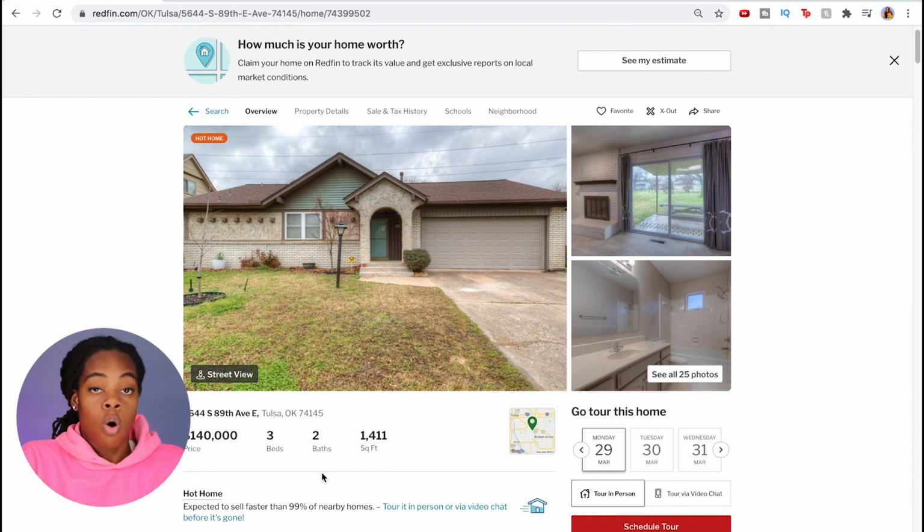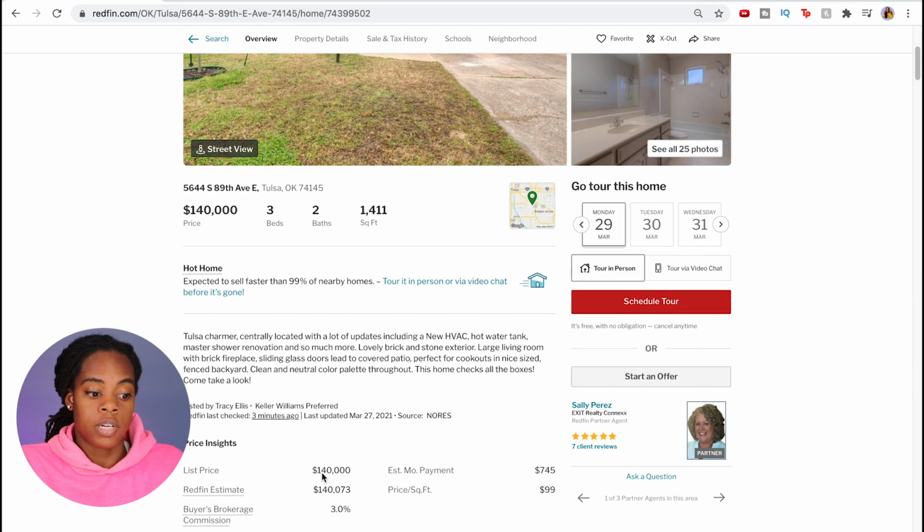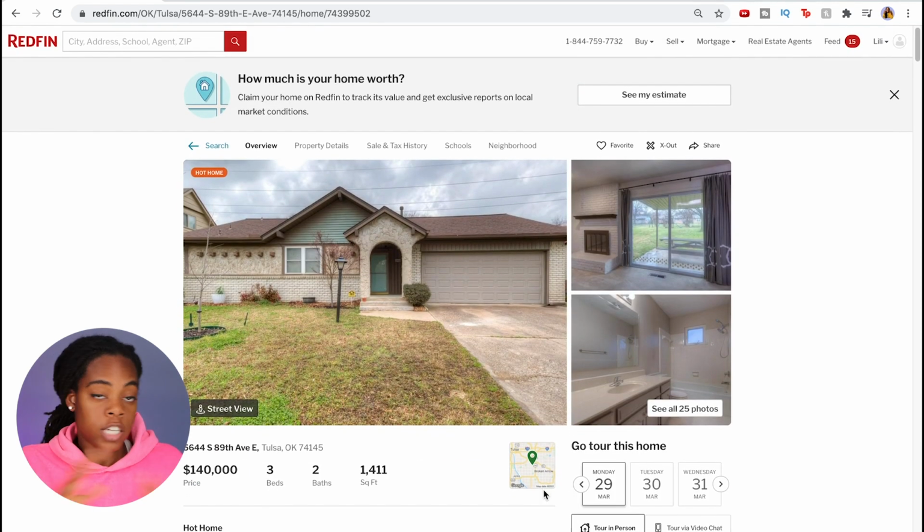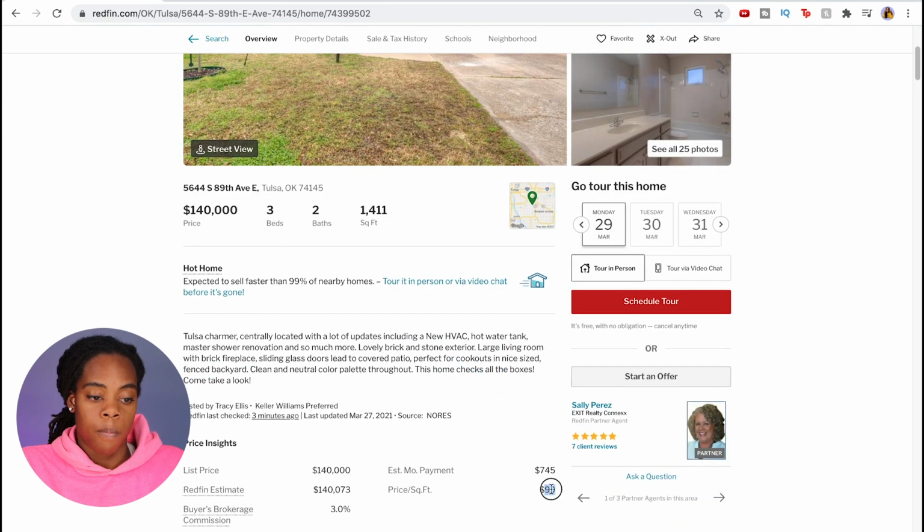But if this one is in totally horrible condition and it's selling for $99 a square foot, and then I've got a brand new house, freshly rehabbed, that's 2 bedrooms, 1 bathroom, so it's a little smaller, it might sell for less in terms of dollar amount, but that price per square foot is probably gonna be higher because the condition of the house is a lot better. This one might be 99, that one might be 110, 115, just because it's nicer. So being able to see the price per square foot pretty simply is a really good feature about the information